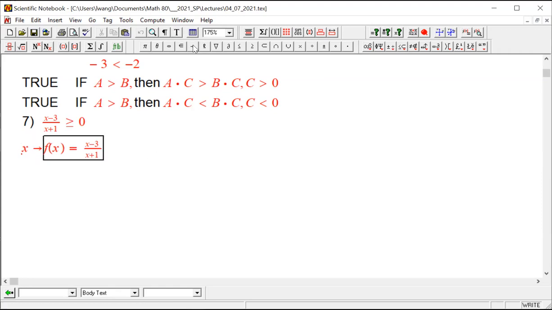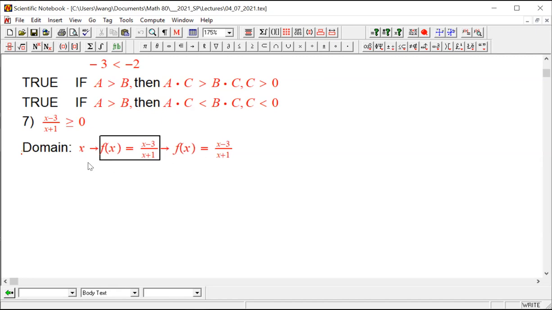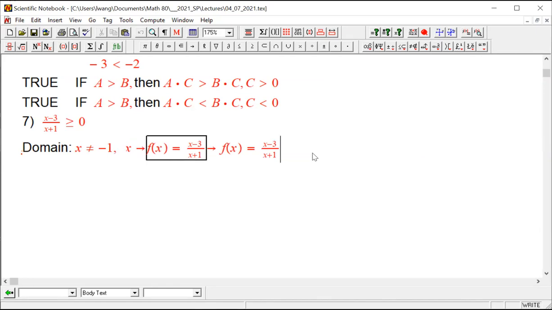And you have output, right? And the output, of course, is a whole thing. And of course, we also are aware of the domain, right? So what is the domain? Domain is x cannot be equal to -1 because we don't want that denominator equal to 0. With that consideration, when you do the graph,